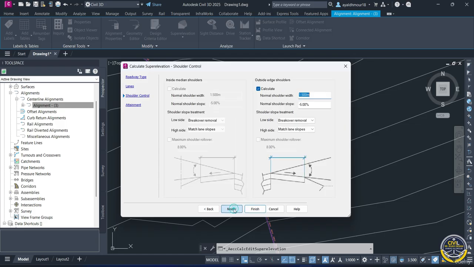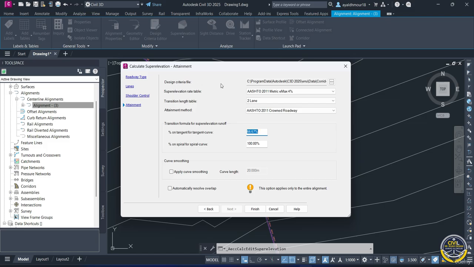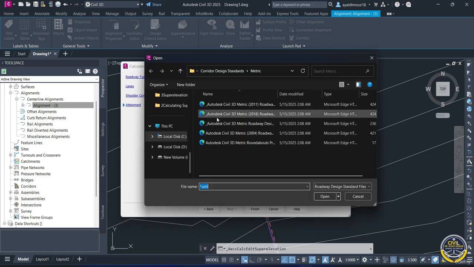Then click Next. In shoulder control settings, choose Calculate, and normal shoulder width, change it to 1 meter, and normal shoulder slope minus 4%, and shoulder slope treatment as break over removal, as shown, and match lane slopes for the high side. Then Next. In Design Criteria file, choose AASHTO 2018,